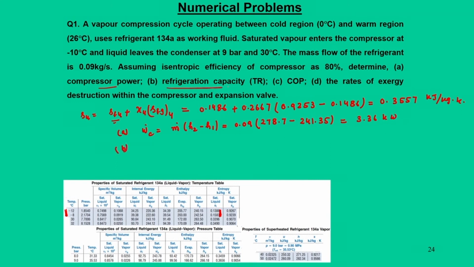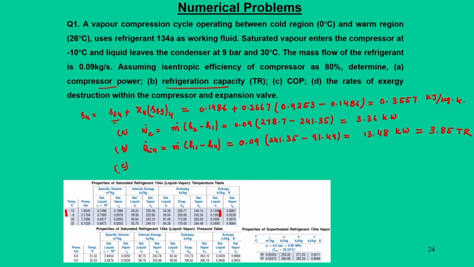Then refrigeration capacity Q dot in is equal to m dot into H 1 minus H 4. So, that is equal to 0.09 into H 1 is 241.35 minus 91.49, that is equal to 13.48 kilowatt, and this is equal to 3.85 TR,